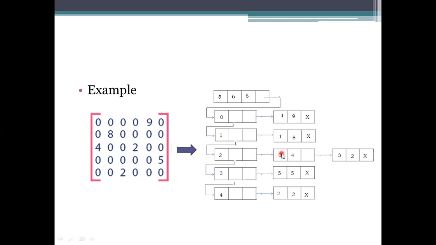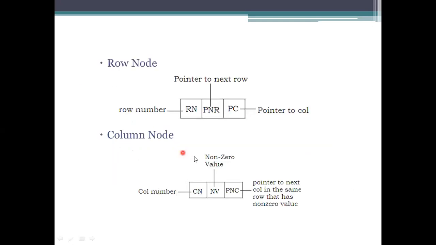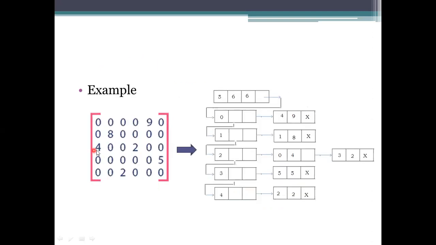If the column has another value, if there exists a next value, we see here 4 and 2 are there. There exists a next value, so what you have to do is make the pointer move to the next column in the same row. It is the same row here, there is no change in that one. What changes here is the column, so the change has to be specified in this one.